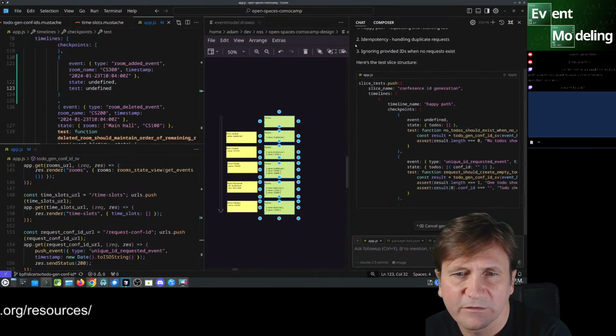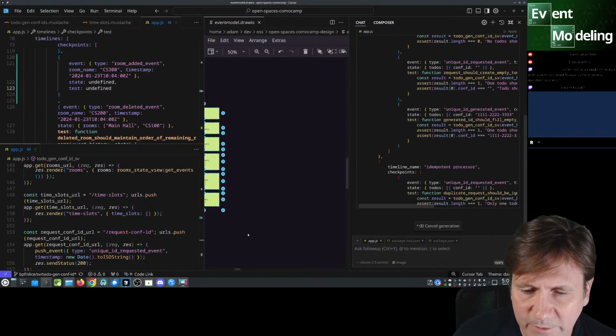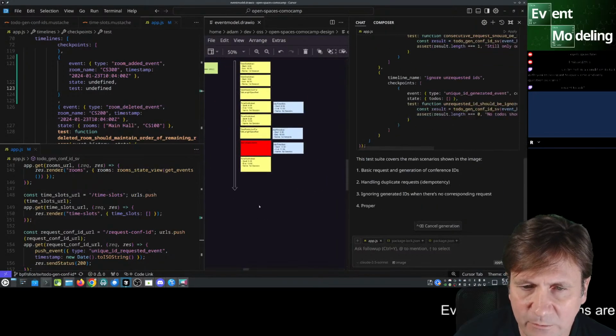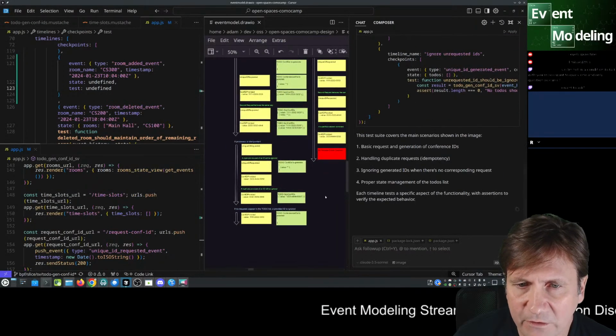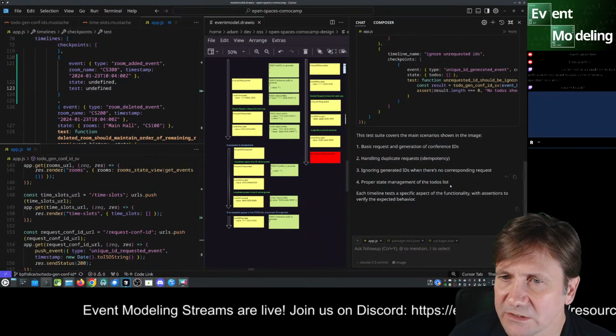Okay, event is undefined. So yeah, I think we've been thrown off by the code. There was no example for it to look at where we actually have an event but no state or test.